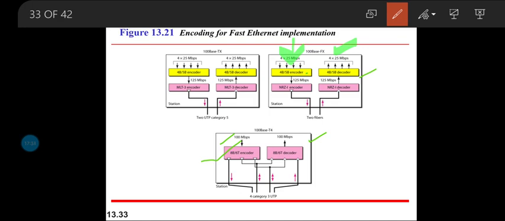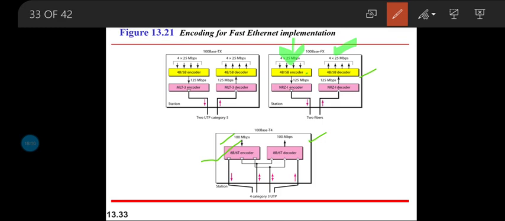So those 8 data bits are converted into 6 ternary signals. That is being achieved by this kind of encoder or decoder implementation. So in 8B6T, 8 data elements are encoded as 6 signal elements. This means 100 Mbps uses 6/8 times 100 Mbps, or in terms of signal it is 75 megabaud signals. So that is about the 100 base T4.